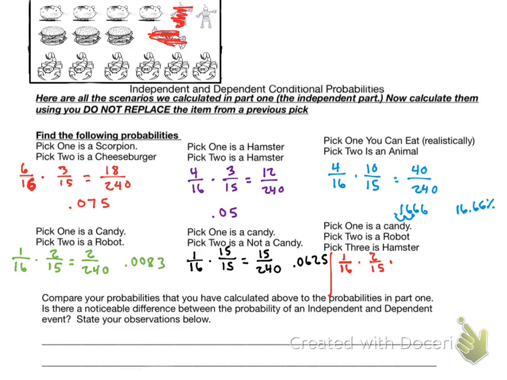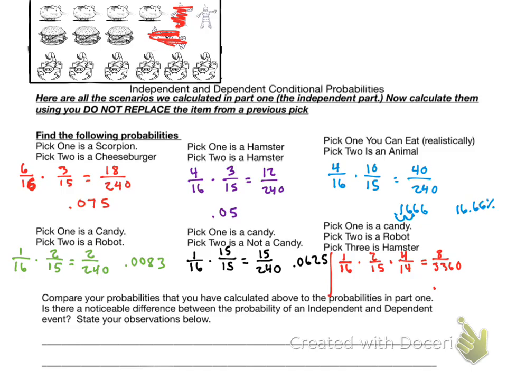3 is a hamster. So hamsters, looks like we have 4 total hamsters out of 16. This time we didn't put 2 of the items back in, so we're down to 14. The sample space is now 14. So now working this out, 1 times 2 is 2, times 4 is 8. That's 8 out of 16 times 15 times 14, which gives us 3,360. So 8 divided by 3,360